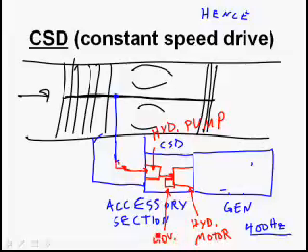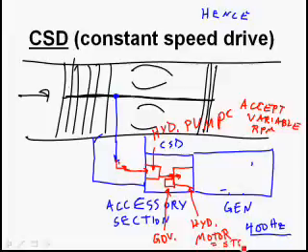Works essentially the same as the propeller governor on a PA-44 or any other airplane that has a constant speed propeller. In that case, it varies propeller pitch to maintain engine RPM. In this case, the governor is going to vary how much fluid comes from this pump and goes into the motor. So the pump is going to have to accept that variable RPM from the engine. But the hydraulic motor is going to have a nice steady